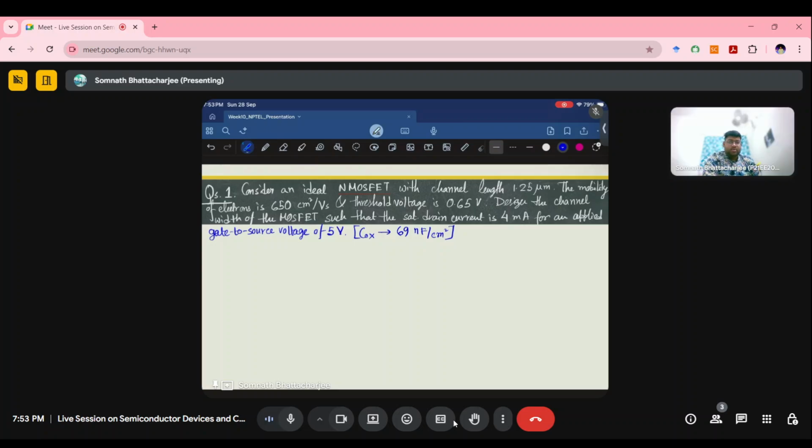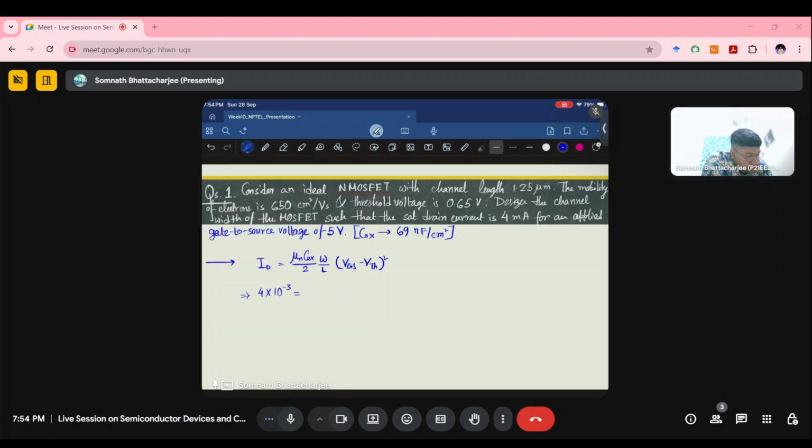Maybe I'll just give the solution to this, and using this kind of structure you can solve it. So let's do this. The equation is nothing but ID = (μn Cox / 2)(W/L)(VGS − Vth)². From the equation we know the value of ID, right? So ID is 4 milliamps equals to